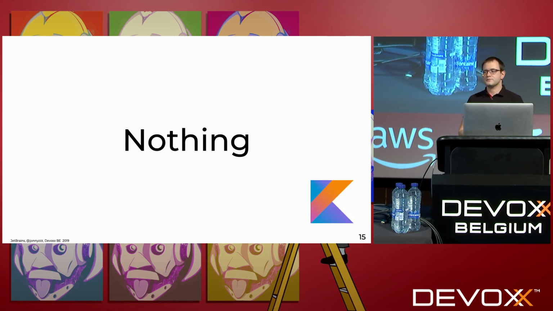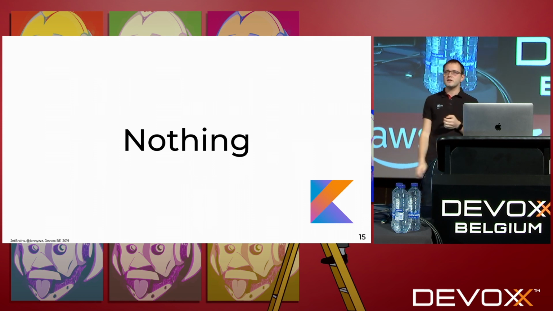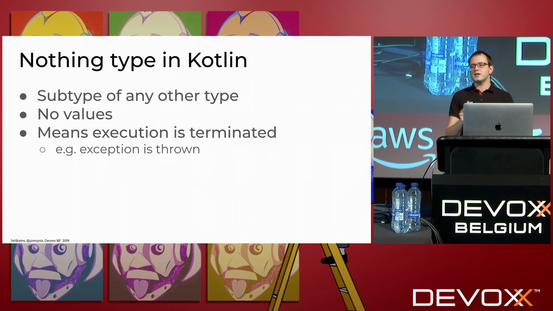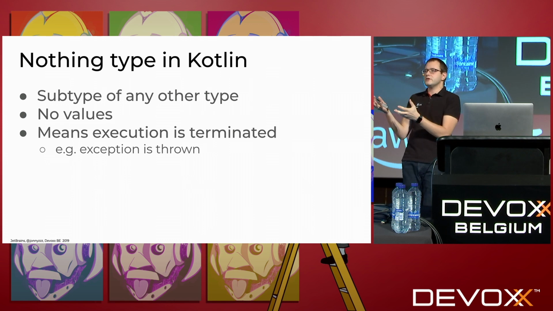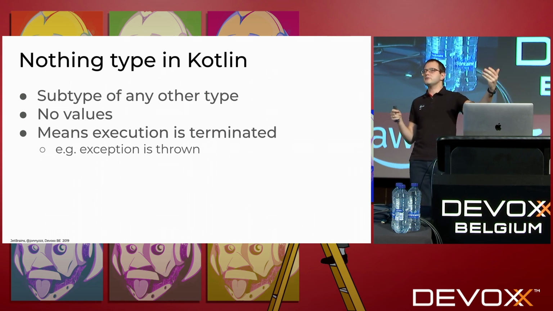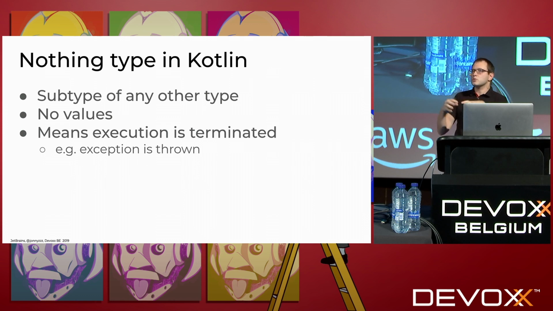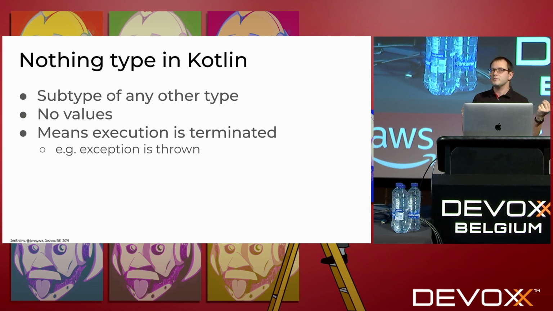Well, before I told you nothing specific about Nothing, but let's stop a little bit and figure out what Nothing is and how it works. The Nothing type in Kotlin is a specific type. It is kind of an imaginary one. It lives in the compiler, and it is a subtype by definition of any type which you may have in your program, no matter if it is a final type or not, because you would never actually inherit it at the bytecode level or in Java. It's something we have in mind, right?